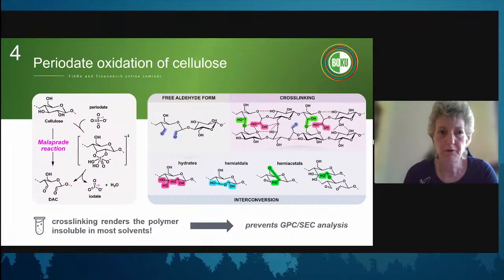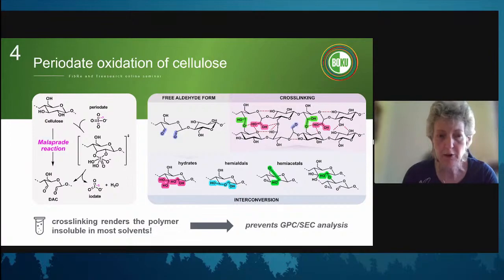I guess you're all familiar with the periodate oxidation. It's a very specific process. The reaction is very old, and it opens up the C-C bond between the C2 and C3 in our cellulose backbone and introduces two aldehyde groups there. There is almost no other process, I wouldn't say no other, but very few chemicals can basically do that as good as periodate can do it.